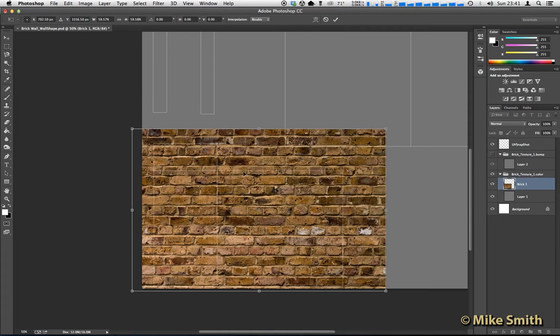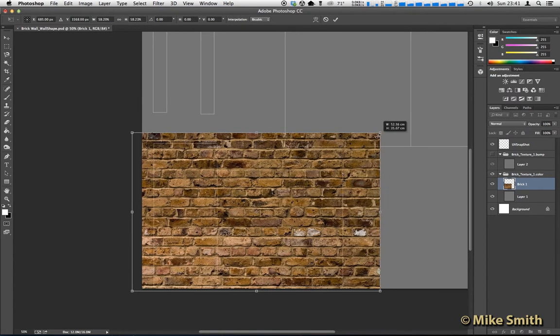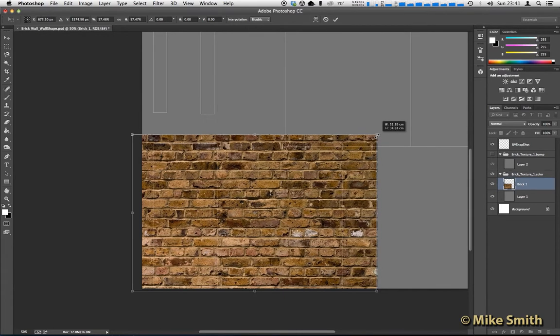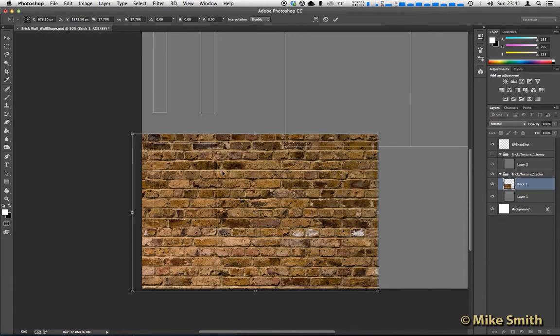So I'm going to scale this down a bit more, hold shift again, and I'll scale that down just until the brick is on the top there. Now you'll find, although that lines up quite well here, it doesn't line up at the very top. You could split this layer into two, but I'll show you a different way. I'll show you how to do that in Maya afterwards. So we just want to get the bulk of it down here. So now we can press enter,